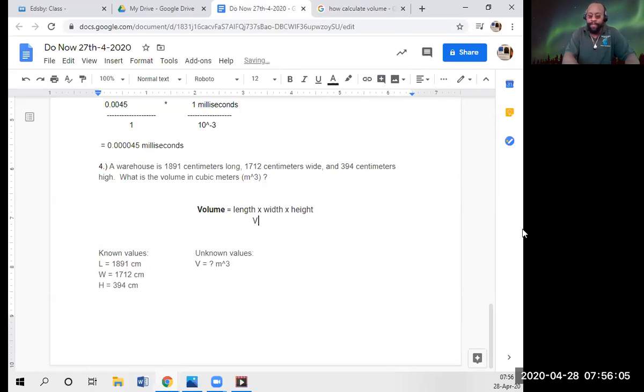So this volume is measured in meters cubed, and it's equivalent to a length, L. I wanted to match the known values I have down there. So you make the connection, okay? So that L is measured in meters, multiplied by our width, W, if you see it down there in the known values.